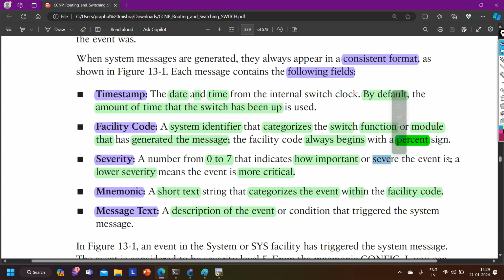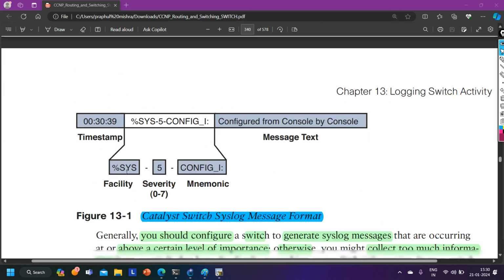So if a router is generating a log message, it has to define how important this log message is. A lower severity level means the event is more critical. So let's say the router is generating two log messages, one with severity level 0 and one with severity level 7. So which one is more critical, guys? This log message is more critical, right? So the severity level defines how important your log message is, and a lower number means more critical. So now I hope severity level is clear to you, and if you want to know more about severity level,